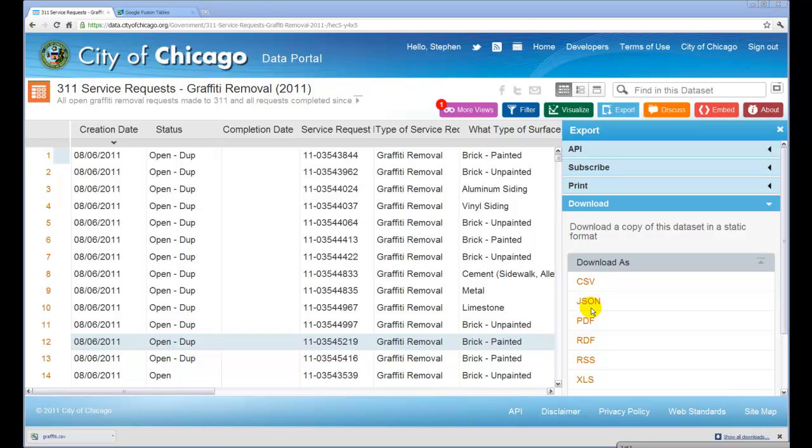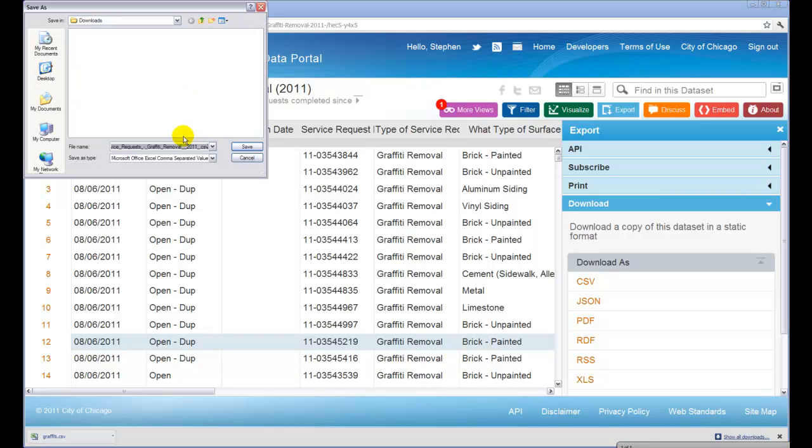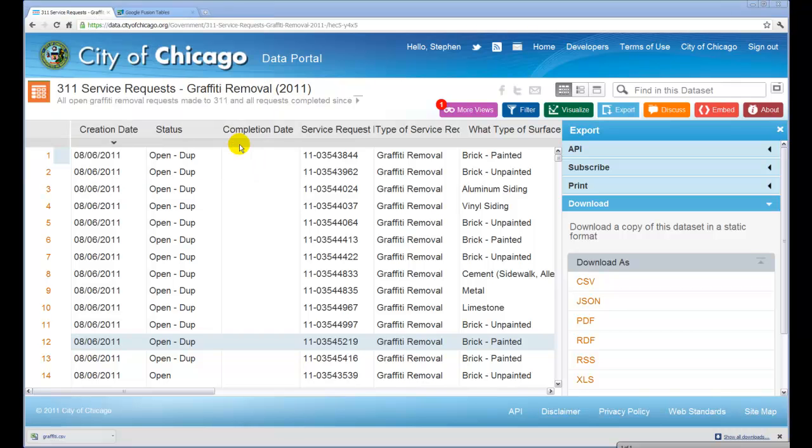And that will bring up the dialog box to let me give the file name, and I'm going to use a simpler file name than the portal creates. So we'll just call it graffiti. Click Save, and I can look down here at the bottom and see that the download is underway. And we're up to about 20 megabytes,